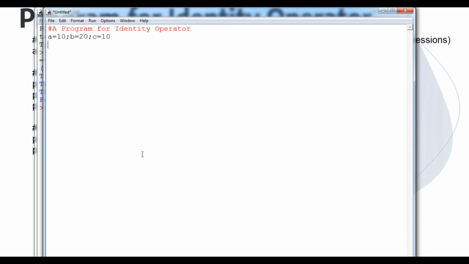So I am going to print, using the is identity operator. Now print. Within the message I will type a is b. So here, same thing, a is b.